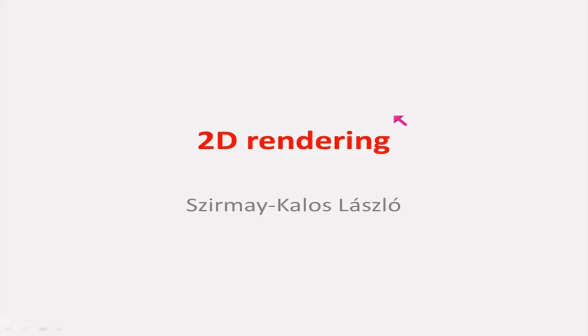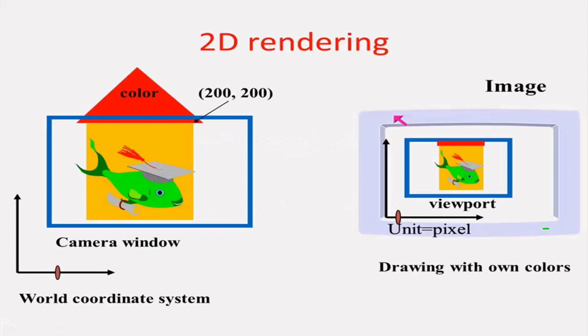Hi, this lecture is about 2D rendering. Let us consider the rendering problem when the virtual world is two-dimensional, objects are in a plane. The virtual world should be represented by numbers, for which we need a world coordinate system. A convenient reference system is a Cartesian coordinate system with an origin and two axes where a unit is also